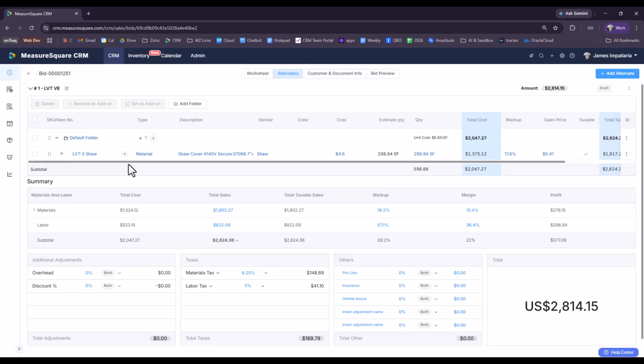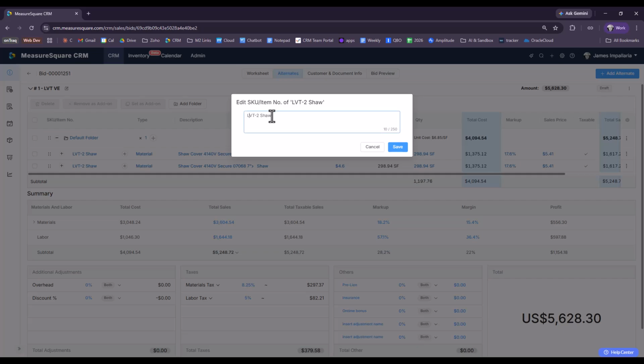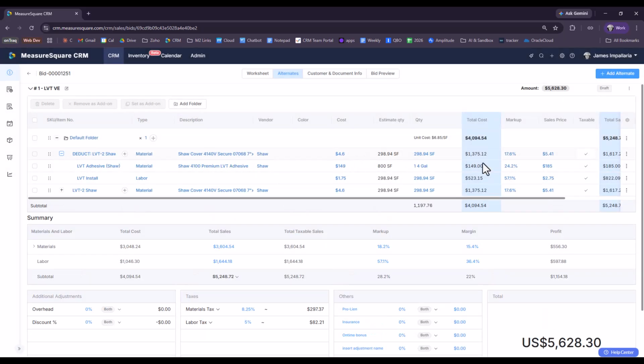So we have that LVT. That's going to be the same as it is on the base bid right now. But for this LVT value engineering, what we're really going to want to do is deduct this and add in our new LVT product. So with that in mind, what I'm going to do is duplicate that. So we have two of these. I'm going to turn one of these into a deduct. I'll just name that deduct just for clarity's sake there. And then I'm going to go into each of these quantities and change that into a negative. So this is going to deduct those materials and costs from the bid